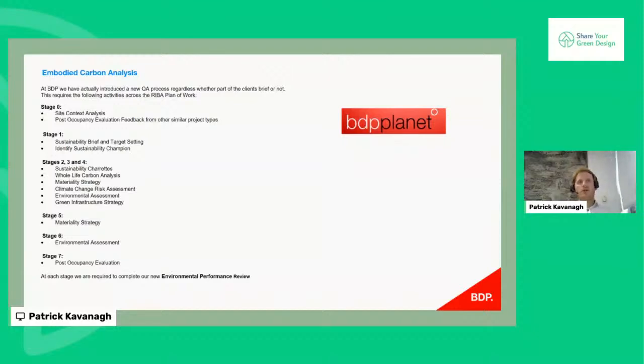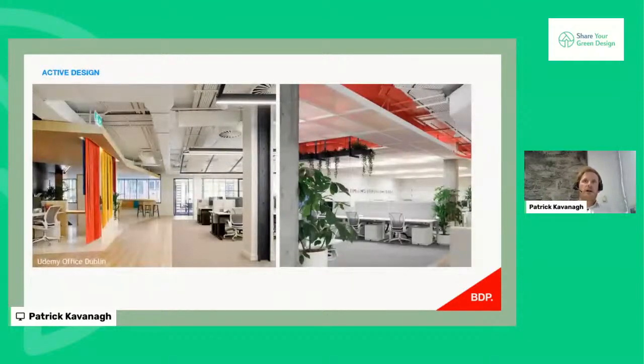At each stage, we're required to complete our new environmental performance review, and that has to be formally submitted, which ends up in a central database that the full BDP sustainability team can look at. As it only started in January, the data is only coming in, but say in 5 years' time, we'll have a very large database across the world with multiple projects involved. So with active design,